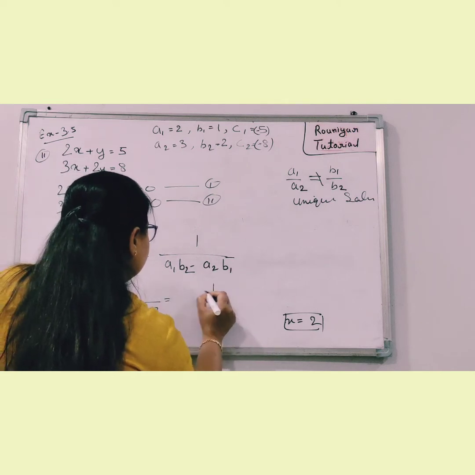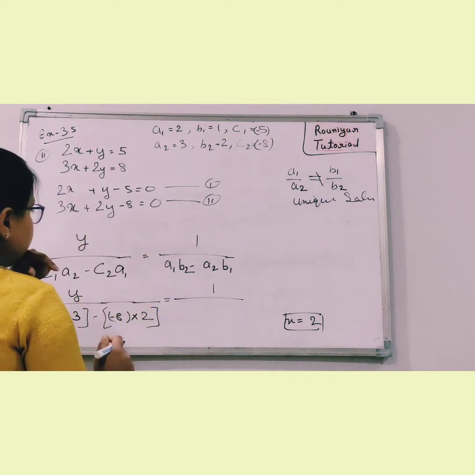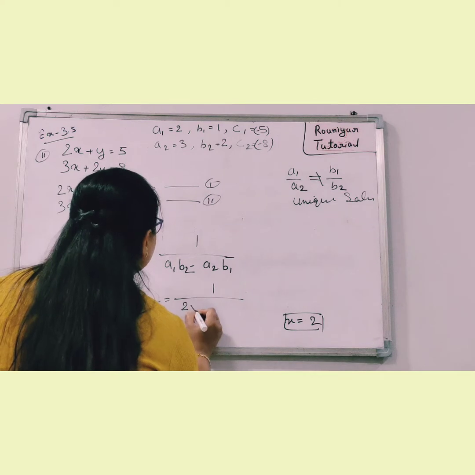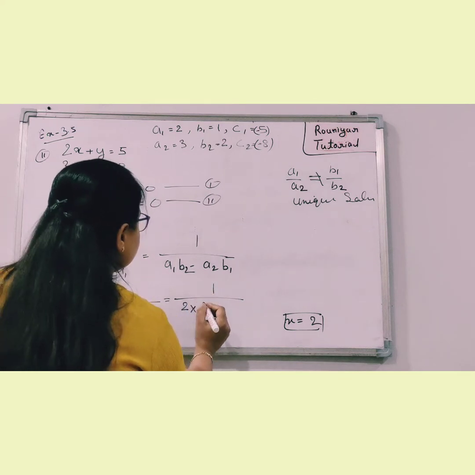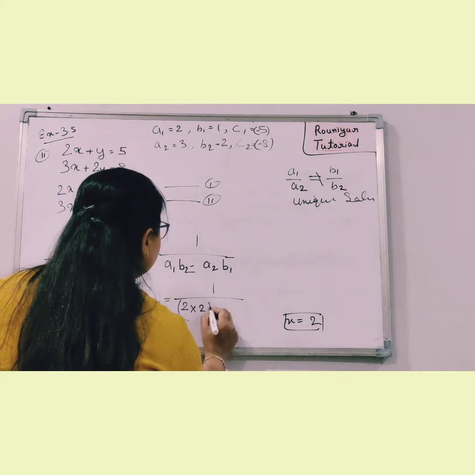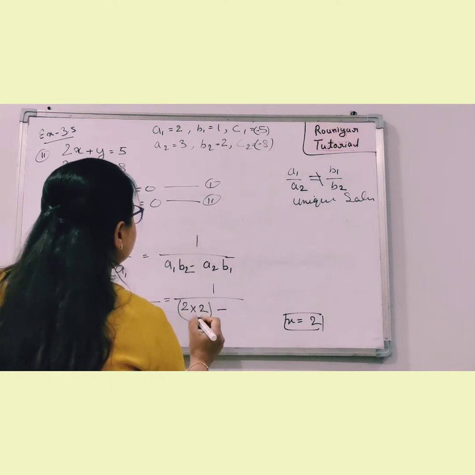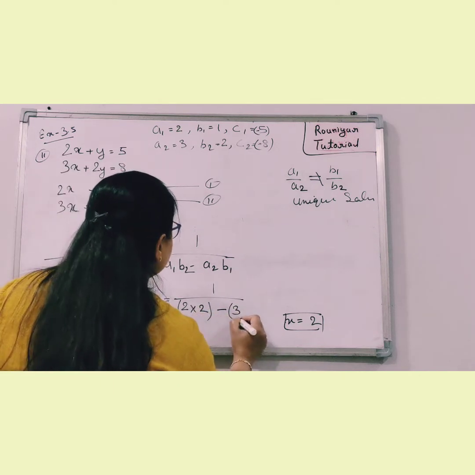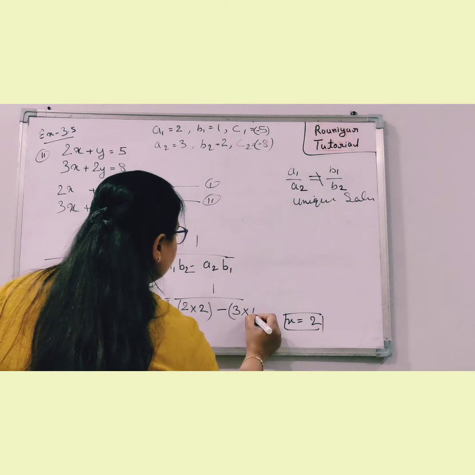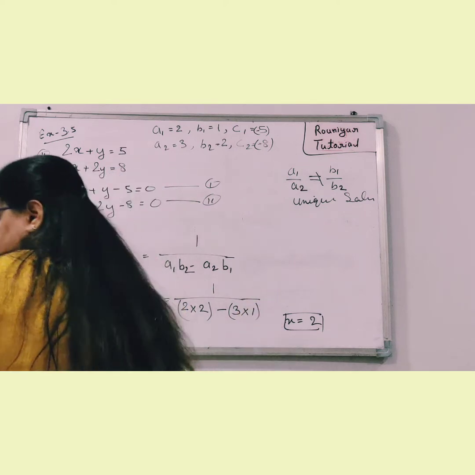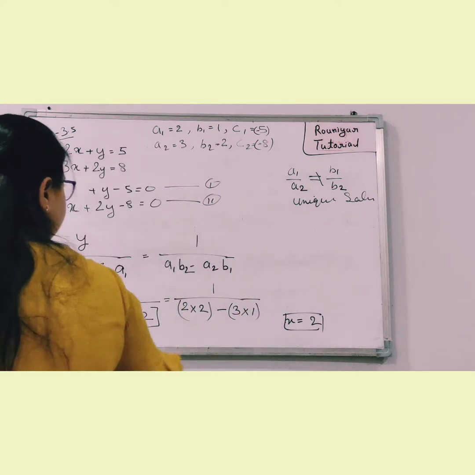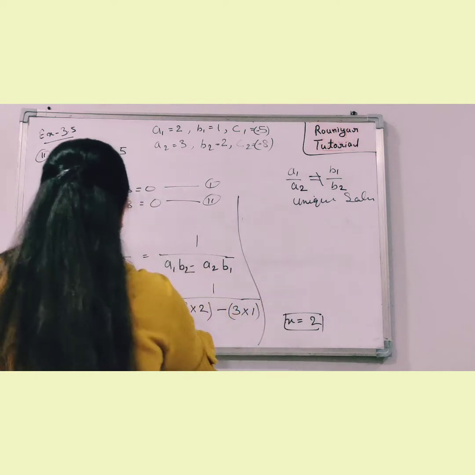Is equal to 1 by A1 is 2 into B2 is 2 minus A2 is 3 into B1 is 1. Okay. So